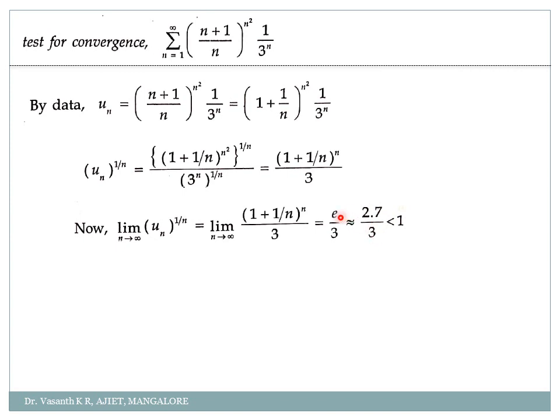So just you can use a calculator. You can just press shift and ln, you will get e. Just press e divided by 3. You will get some value which is strictly less than 1. Whenever it is less than 1, what is the test, convergent or divergent? If it is less than 1, it is always convergent. Therefore by Cauchy's root test, u_n is convergent. Okay, is it clear? Yes.